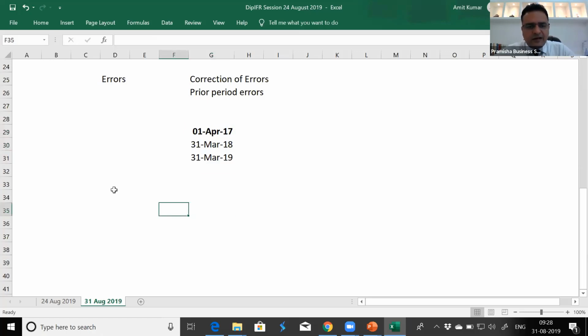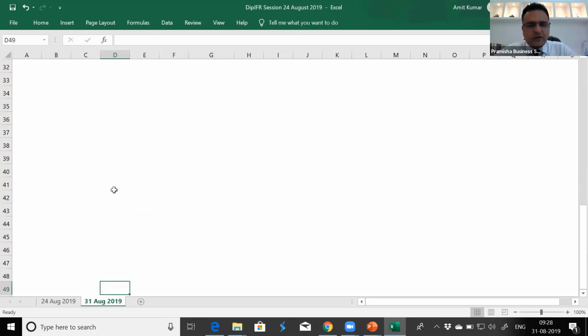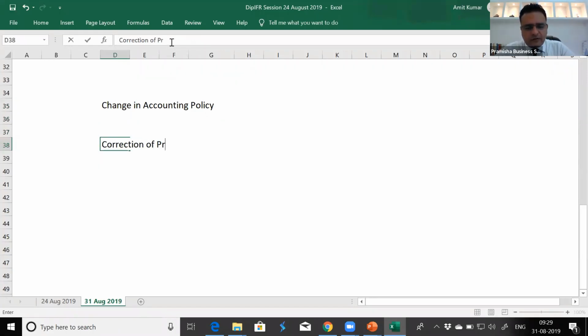So the requirement is that if there is any change in accounting policy, or there is correction of prior period errors, we need to apply the effect retrospectively.